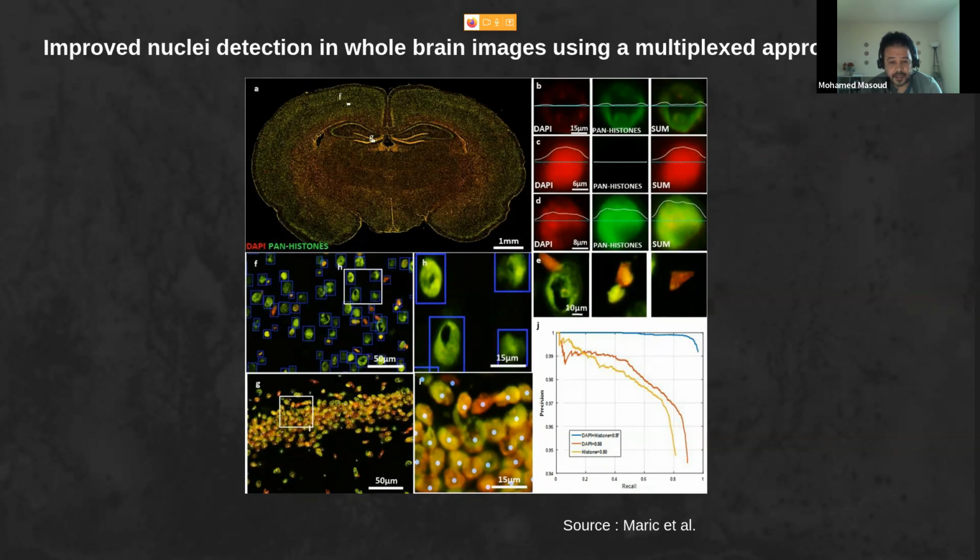So in this case, they used Faster R-CNN as a real-time object detection method that can propose multiple regions, and based on those regions, they can localize the cells separately.